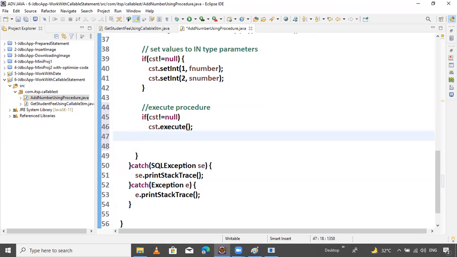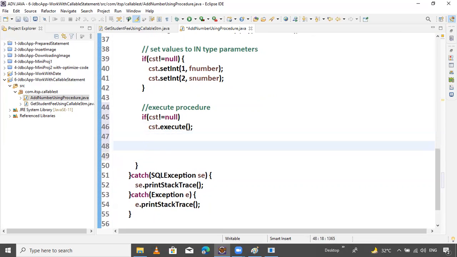After the execution, it's our responsibility to hold the out param inside our application, inside Java application. So how to get the record? Suppose we create one variable int result equals to 0.